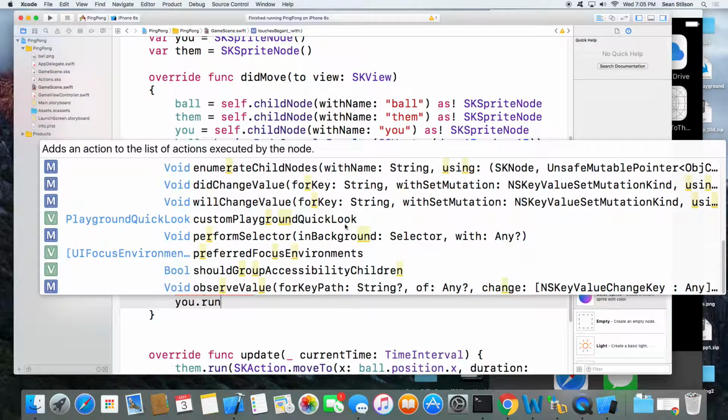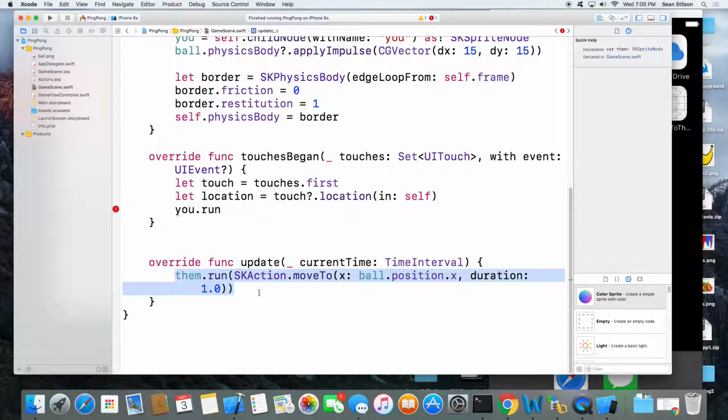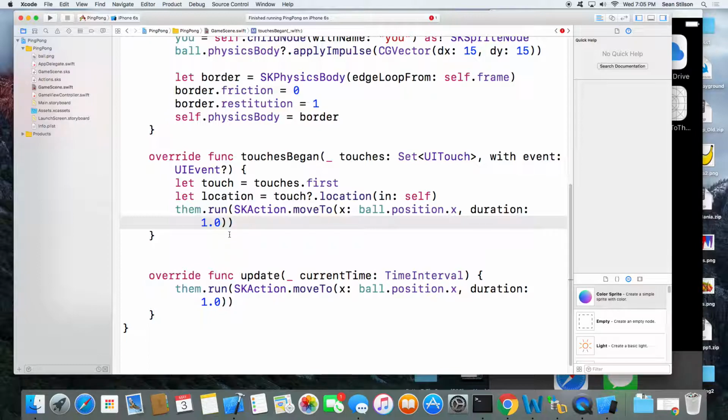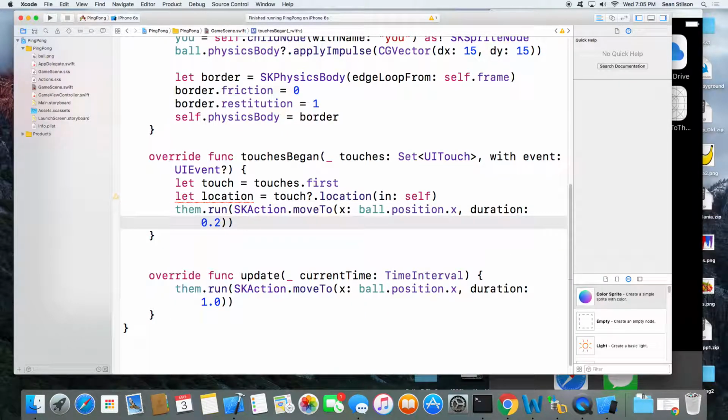Actually, I'll borrow this code here, copy it and paste it here because it's going to be the same action. Only we're going to give ourselves a big advantage here. We're going to say 0.2 will be our reaction time, so 0.2 of a second. We have to change it to u instead of that. Yeah, thank you.